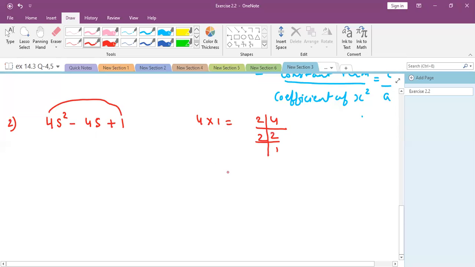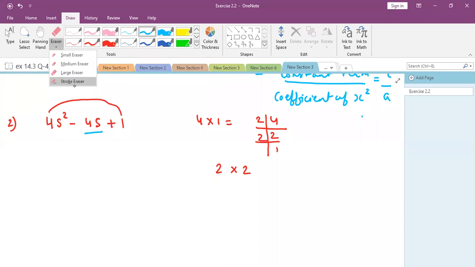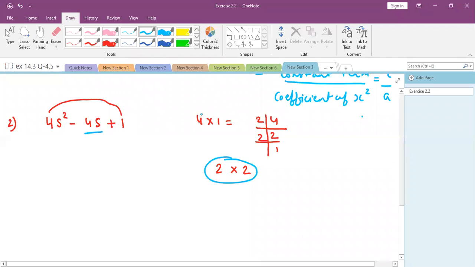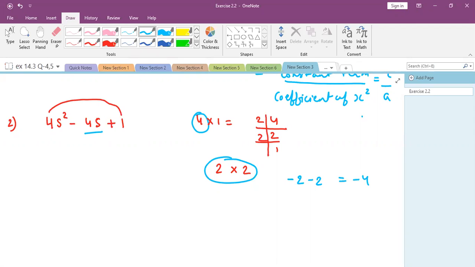So here we have got only a set of two numbers, that is 2 multiplied by 2. It is very simple here because we have only two numbers. The product of these two numbers should give you 4, and addition or subtraction of the two numbers should give you this middle term, which is your 4. So definitely if I multiply 2 2s are, I'll get 4, and you can see your last product is 4. And if I take minus 2 and again minus 2, definitely I'll get minus 4. So this is how we are going to proceed.